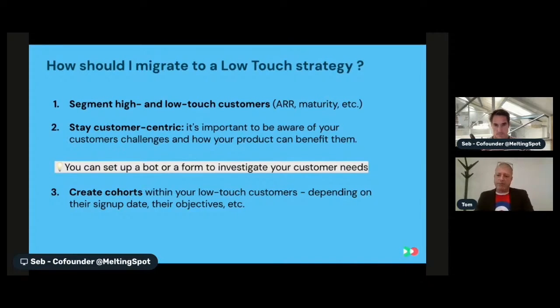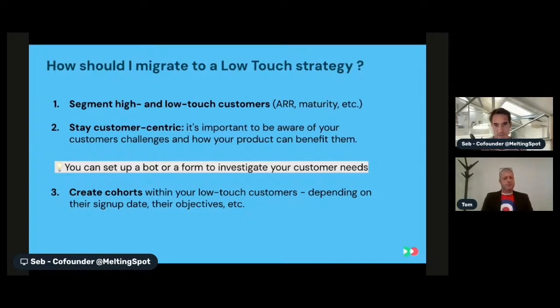Because if you are sending emails or chat messages to your customer that make no sense, like telling them how to create a new customer when they don't create new customers, or they have been creating customers for 2 years now, then it gets irrelevant, and your customer in the end will have a bad customer experience and they will churn. So make sure you bear that in mind, not just purely financial segmentation.